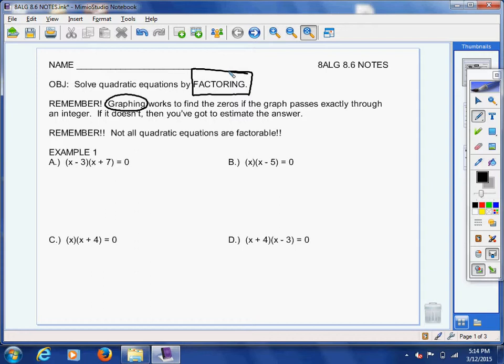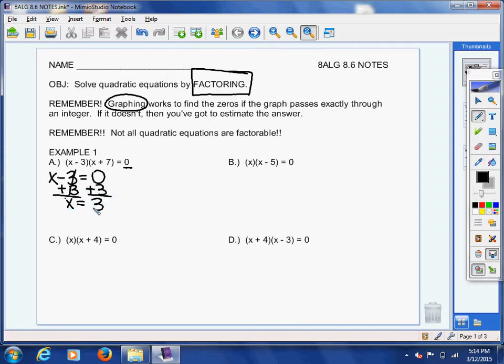All 4 of these are factored forms of a quadratic. They're either 2 binomials or they're a GCF and a binomial. Okay? The way that you figure this out, notice that they're set equal to 0. Anything times 0 is 0. So if I take the first quantity, x minus 3, and I set it equal to 0, I solve for x by adding 3 to each side,